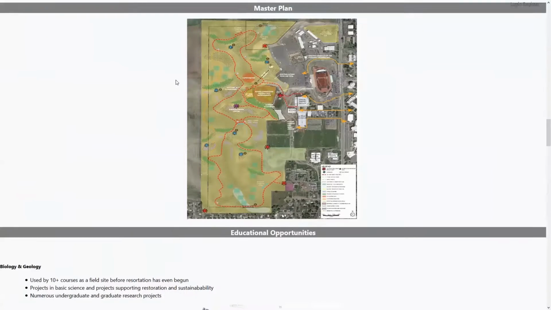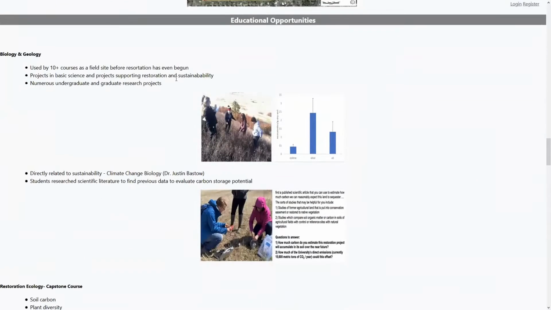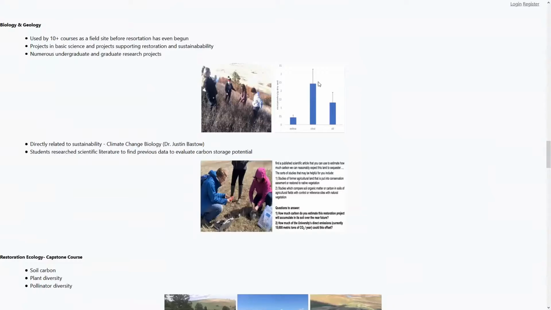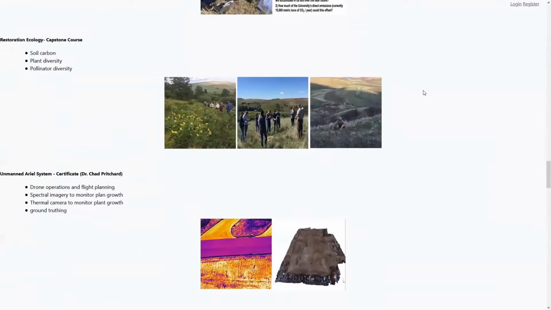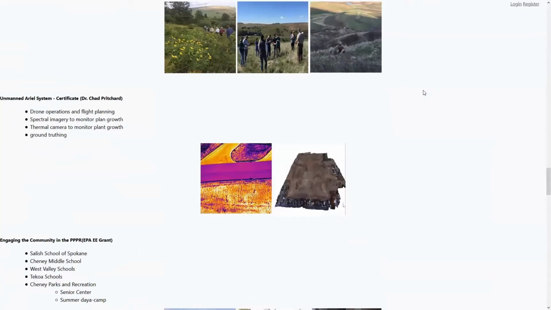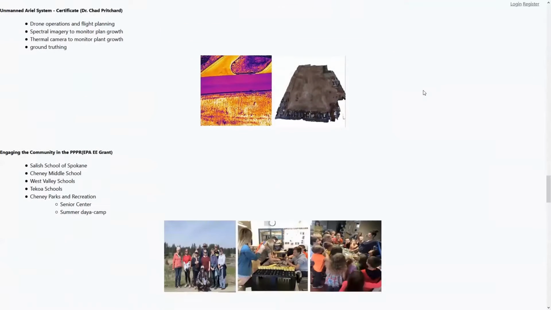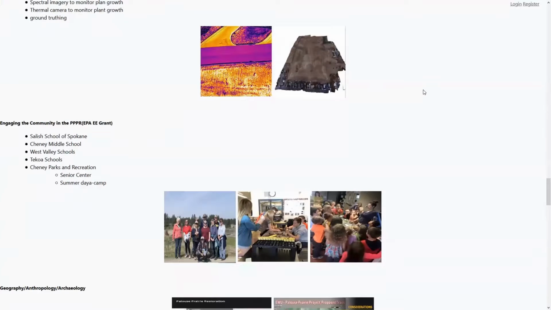So if you go down real quick, Daniel, we have the biology and geology, and it's basically telling those individuals what they're going to be able to use, including their capstone. Go down. Same thing with unmanned aerial systems. He didn't go too much into that, so I just used the information that he gave us. But they're going to be able to look over the top and use topographical maps based on some aerial footage that they have,